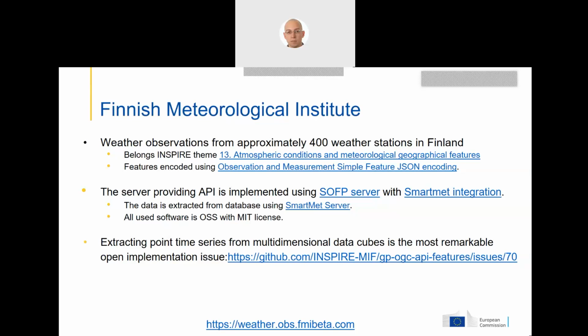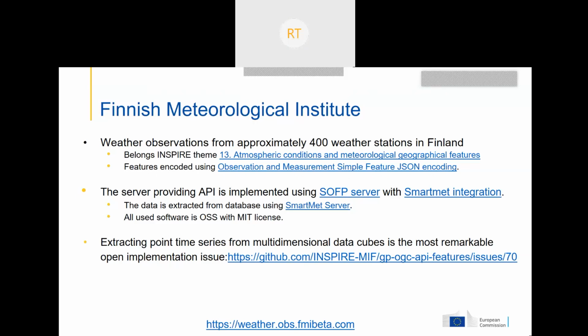Thank you. Finnish Meteorological Institute deployment covers weather observations from Finland, which means approximately 400 weather stations. The data belongs to Inspire Theme 13, atmospheric conditions and meteorological geographical features.